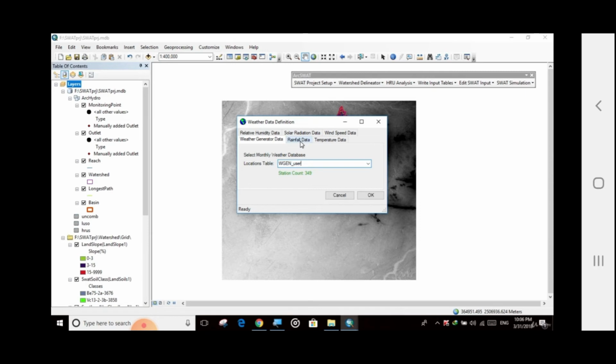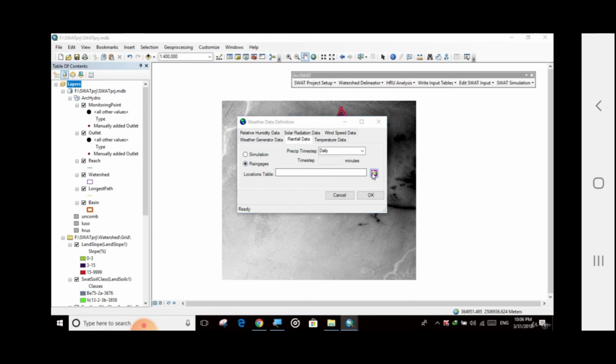And now click on rainfall data. And we need actual rainfall data. We are running this model on an actual rainfall data basis. So click on rain gauge station. This is the same data. You remember we removed the -99 error. We downloaded this data from globalweather.com. This is the same data.